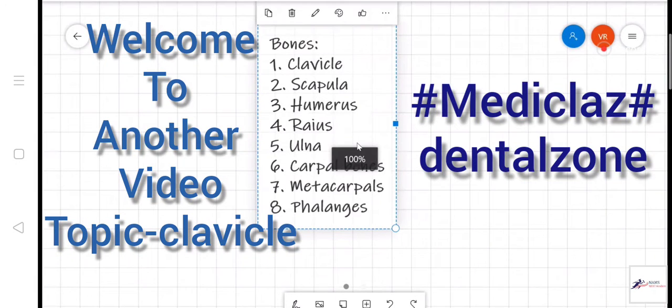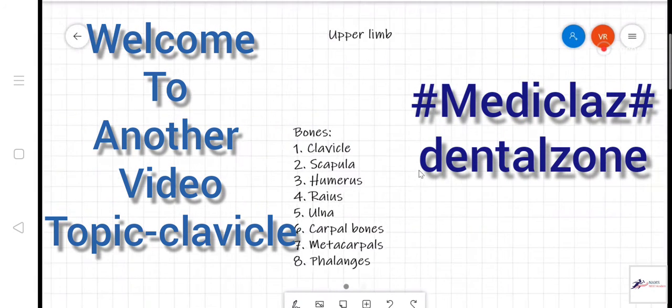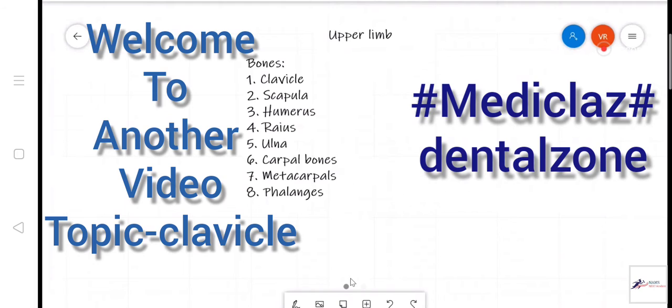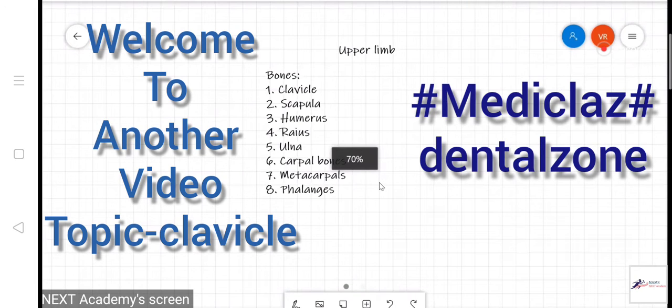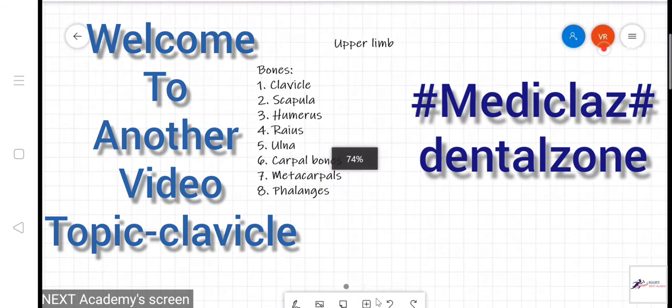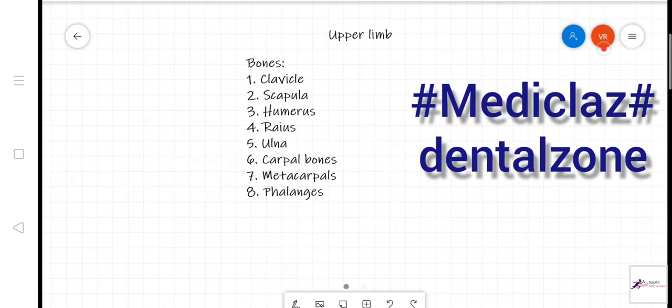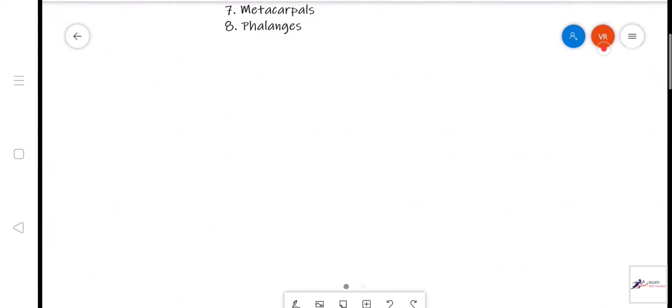The list of the bones that we're going to be studying. Right, so we start with the clavicle actually. This is a very special bone. So the clavicle is the only long bone. There are three important features as far as the clavicle is concerned. The three important features about the clavicle are that